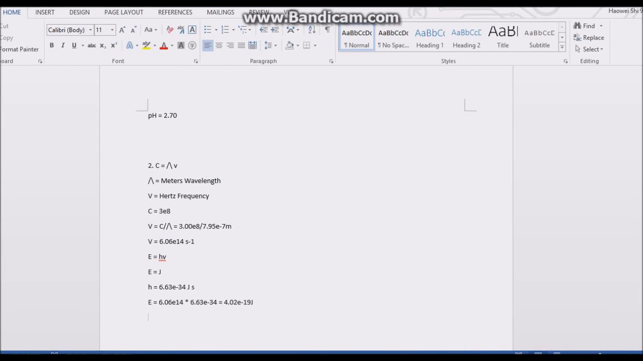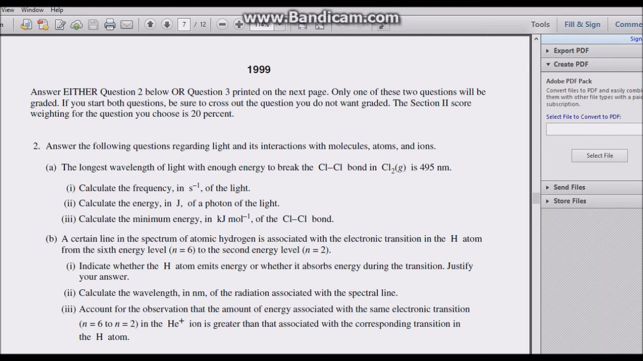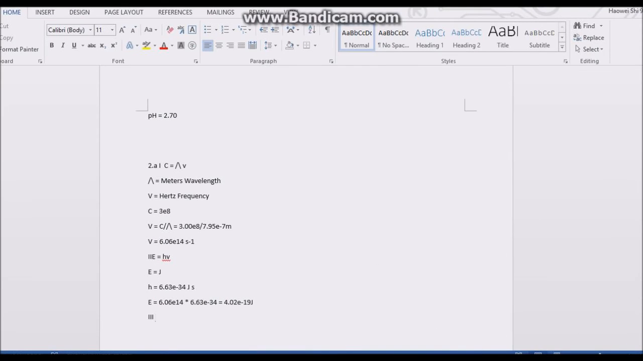So the total energy, let me write 3, that's 2, just for the sake of easiness of identification. Alright, so for that one, we need to calculate the minimum energy in kJ per mole of the CO bond, right? So we already got the energy required